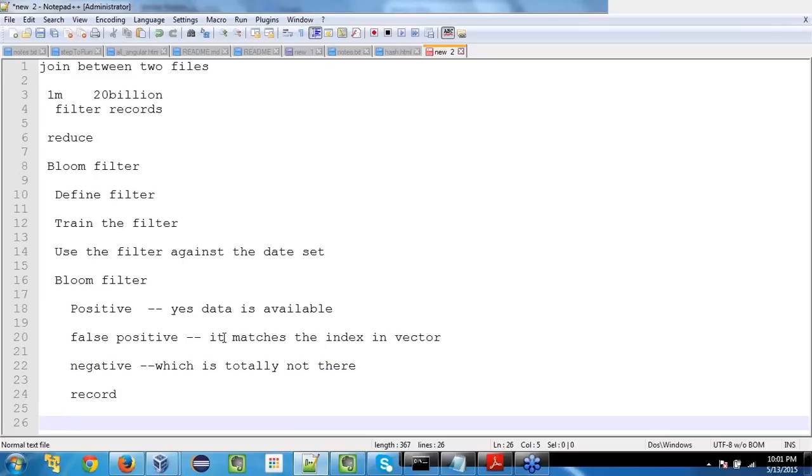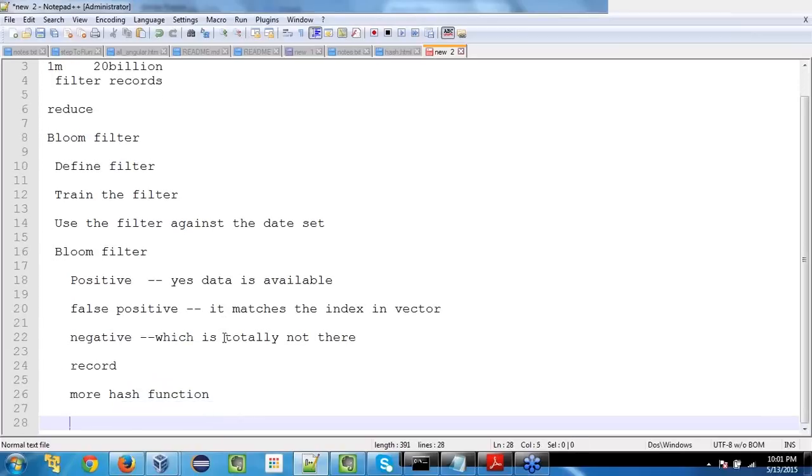Okay, and the performance of this can be increased in two ways. One is to either mention more hash functions, or the false positive percentage. Two things are available to you. So if you mention the false positive percentage as more, then the record which is coming up is not guaranteed to be existing or not existing. So with this, let's take a